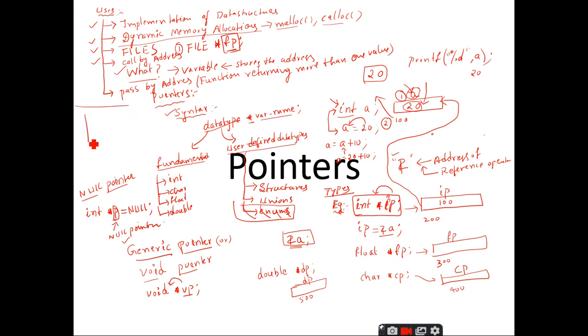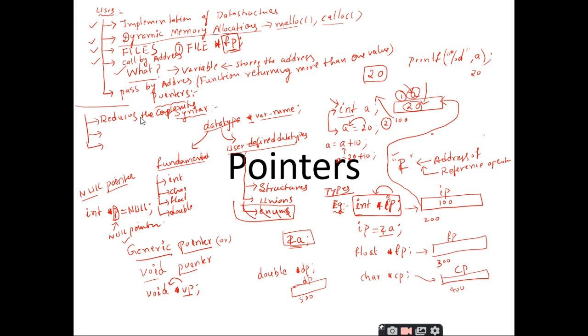Now tell me the uses or the benefits of pointers. I say that it reduces the complexity of the program. The pointers reduce the complexity of the program.